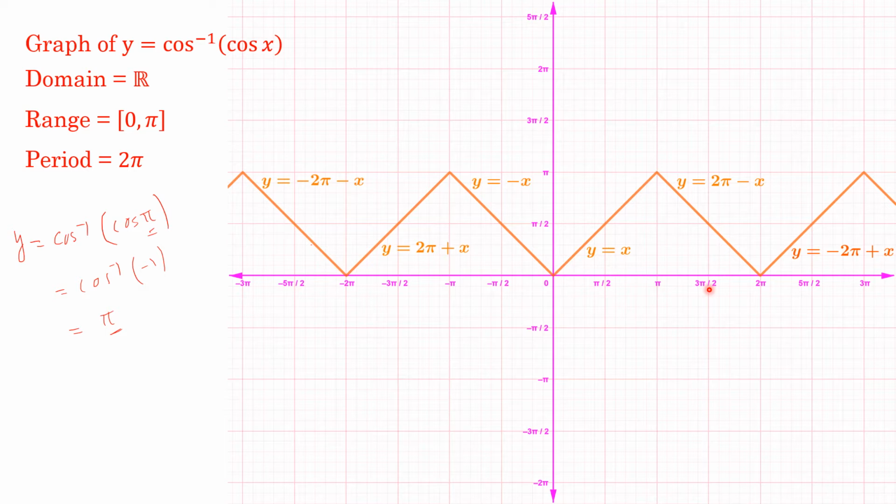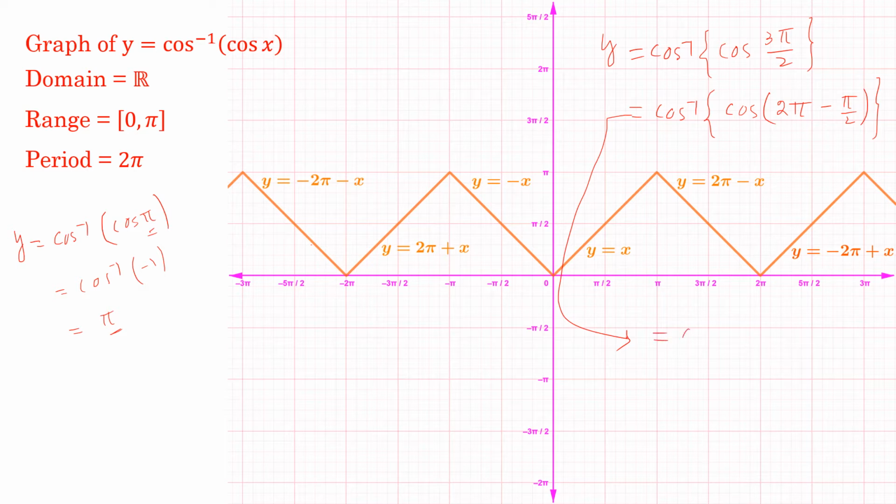Then if we take, say, x equal to 3 pi by 2, then in that case if I take y is equal to cos inverse of cos 3 pi by 2, it is obviously cos inverse of cos of 2 pi minus pi by 2, is it not? 2 pi minus pi by 2. And after this you see here